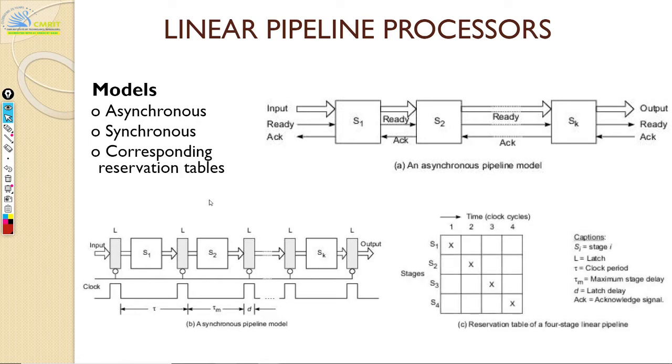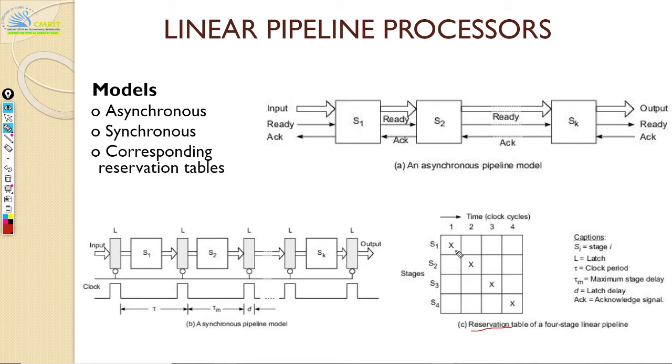All right. So next we have something called a reservation table. Now this is again another important concept. In a pipeline, you need to somehow track at any given instant of time which of the stages are busy. In order to track that, you will maintain one table, and that table is called a reservation table. So that's shown here.